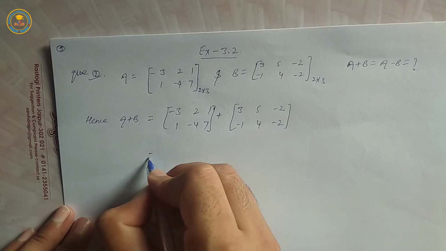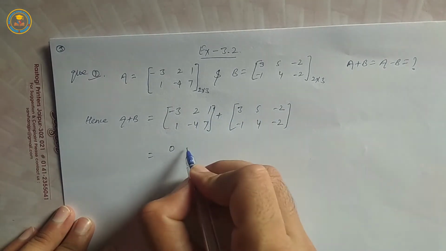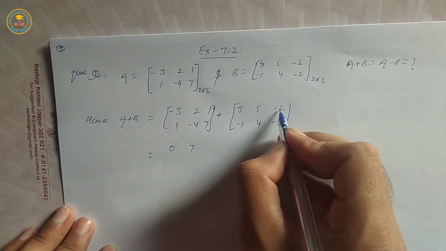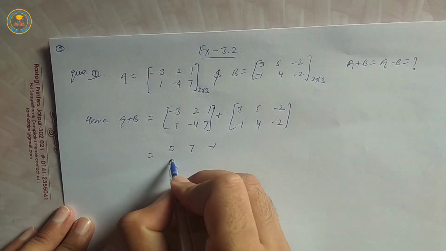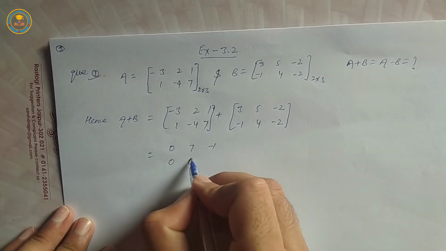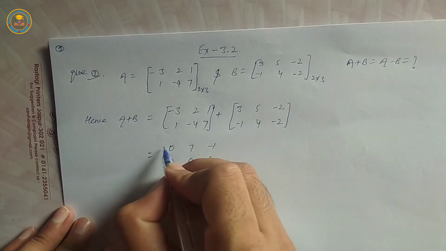Okay, -3 plus 3 is 0, 2 plus 5 is 7, 1 plus -2 is -1, 1 plus -1 is 0, -4 plus 4 is 0, 7 plus -2 is 5,